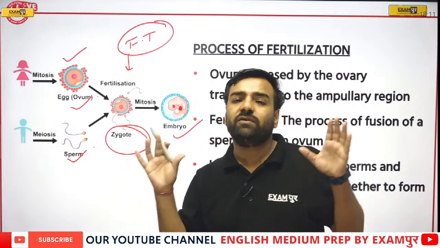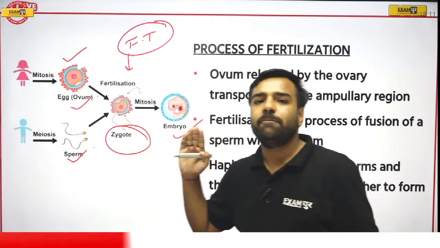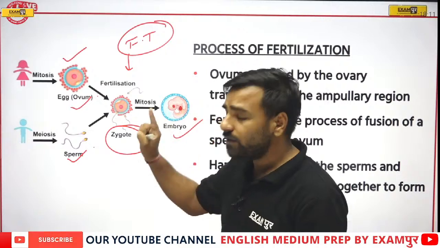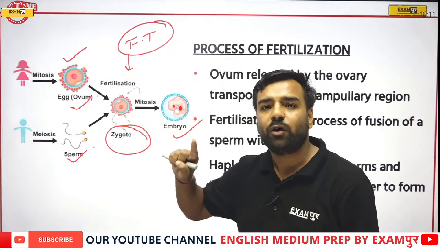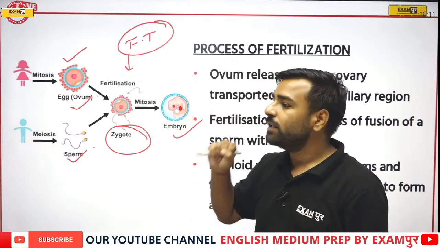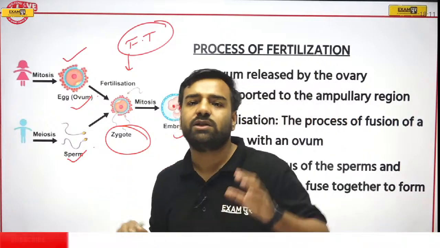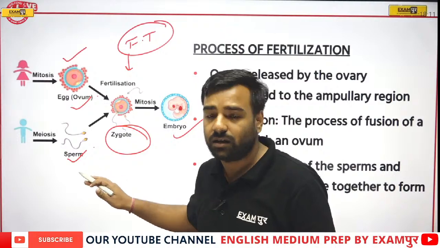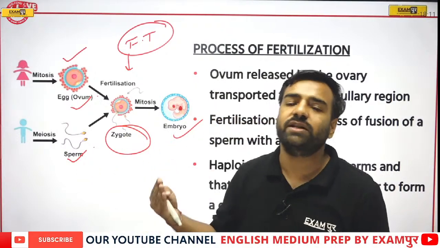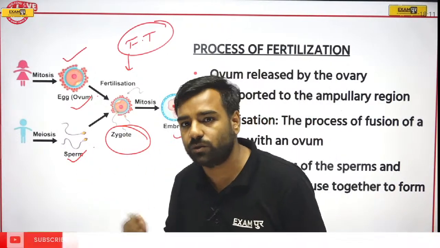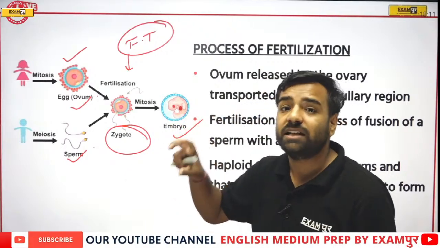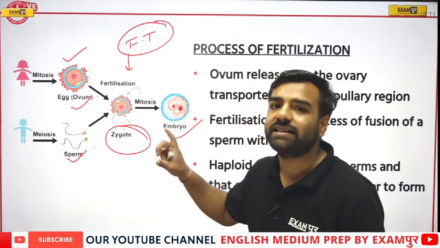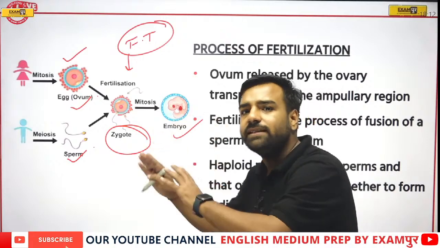So what all things can we take from here? The things which are important for the examination are, first of all, we must be clear with haploid and diploid. Then the number of chromosomes. 23 is taken from the male, 23 from the female, and then 46 is there in the zygote, and finally we have those 46 chromosomes, or we can say 23 chromosomes. And what is that location where this fertilization is taking place? That is actually your fallopian tube. So all these things are important.